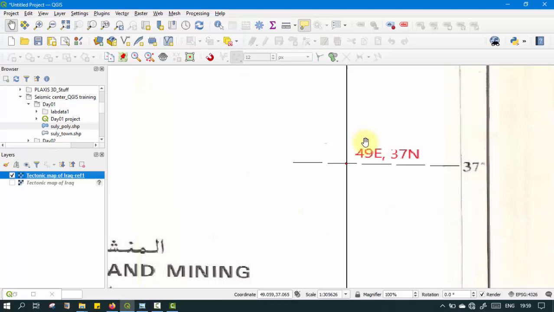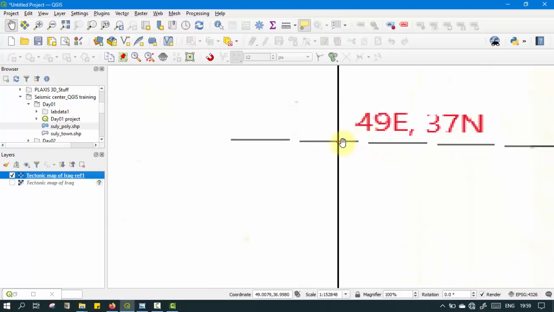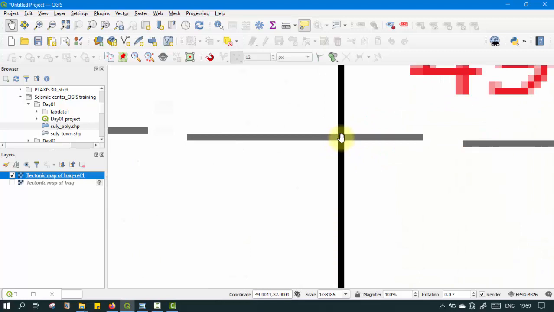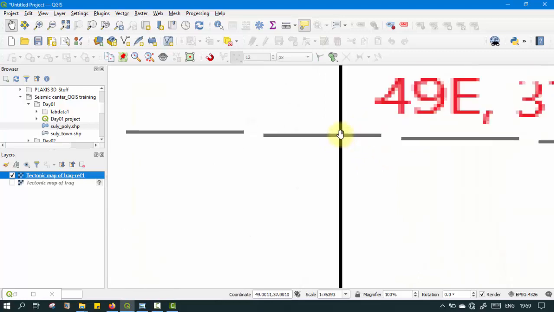was successful. For example, if I move my cursor to this point, I have to read from the status bar the exact value which defines this point, which is 49E 37N, and these two values are very close to the value appearing in the status bar coordinate, which is 49.0011 and 37.001. Okay,